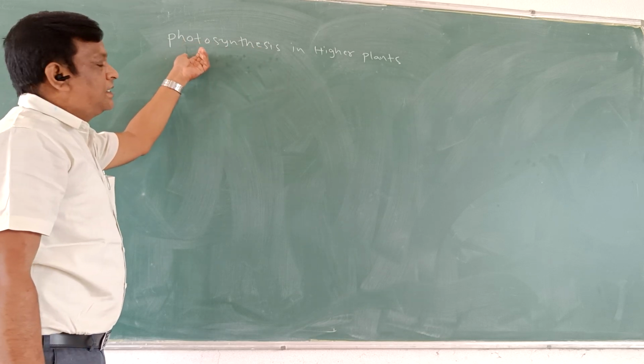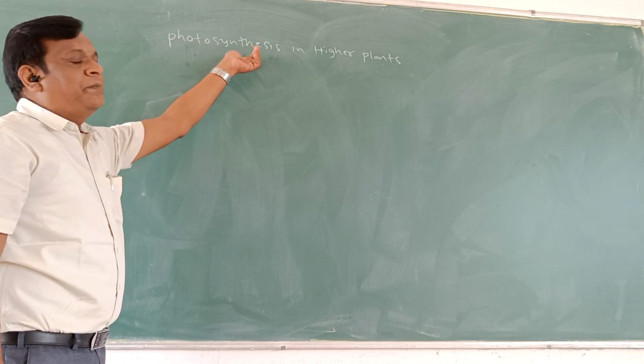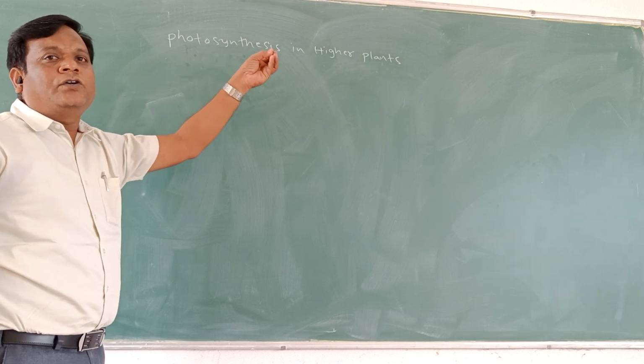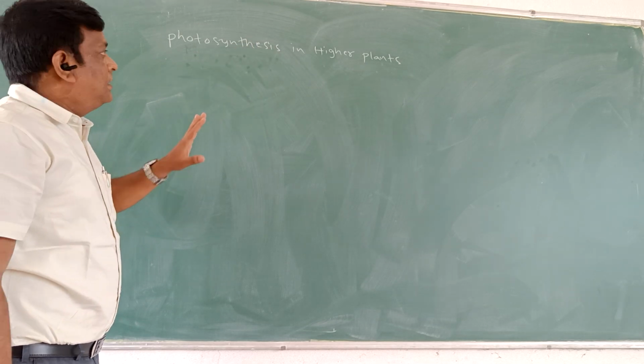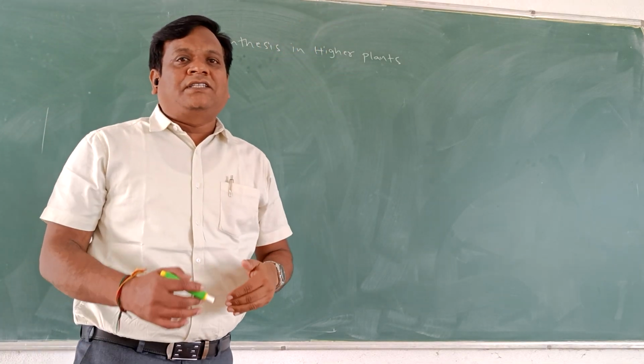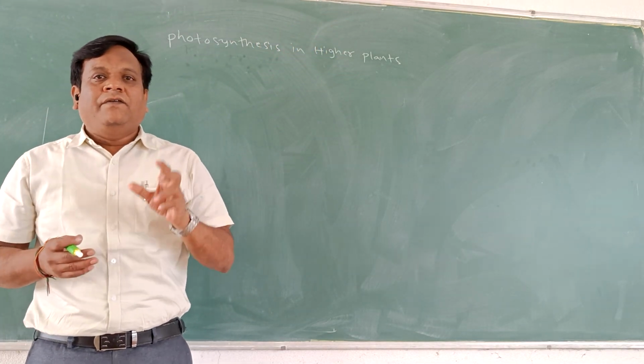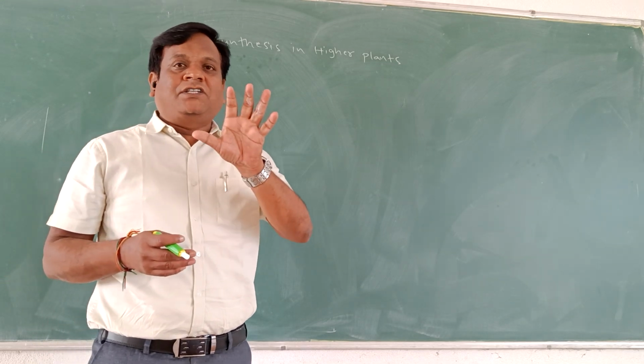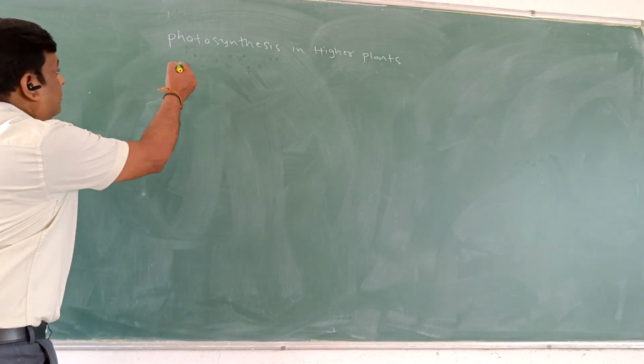Photo means the presence of light, and synthesis means preparing food. This process we call photosynthesis. In photosynthesis, we have one perfect equation. After scientists conducted a lot of experiments, we got this equation. Thus, you can write down the equation of